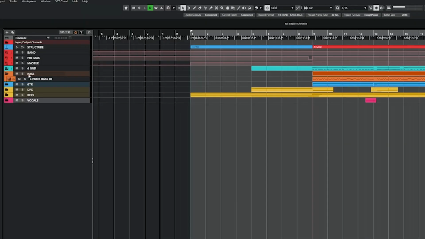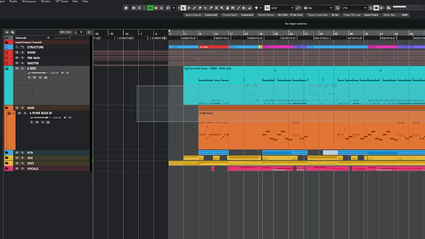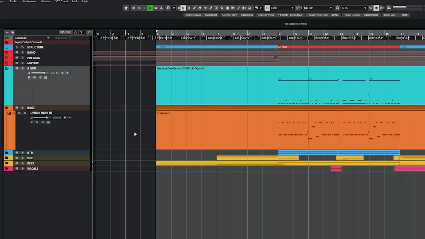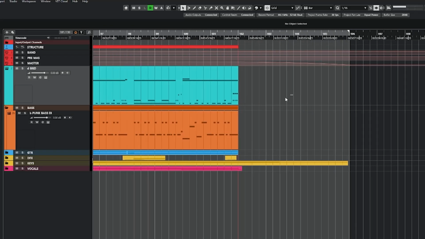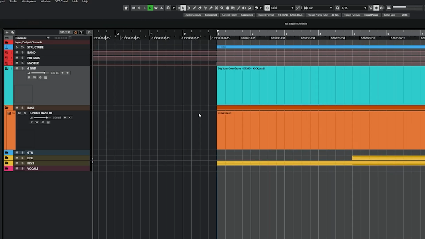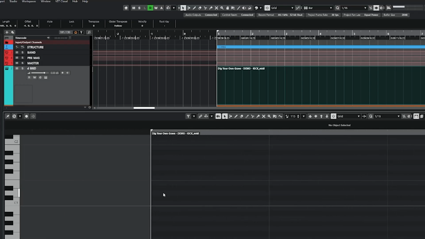So in Cubase, MIDI is really easy. Just make sure that you don't have the track hidden or disabled or frozen. Make sure that they're here. And then from there, take the MIDI events and bring them all the way to 0. And make sure the MIDI events here also go to the end of the song. And this is just a way to safeguard that nothing gets goofed up. So you're going to go to the very first bit and go all the way down and just